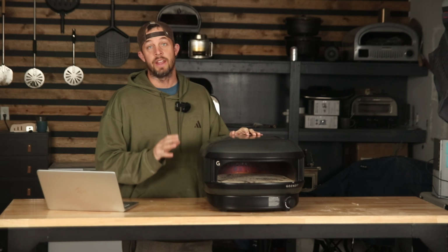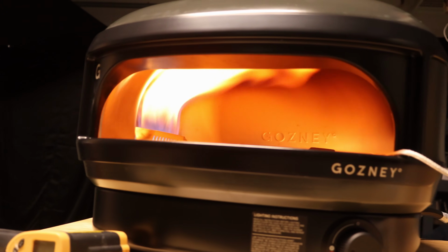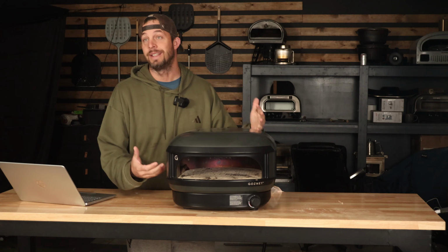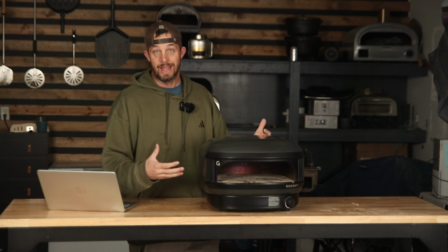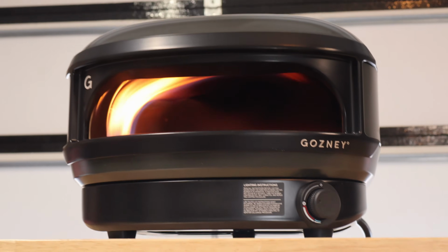Today we're taking a look at the brand new Gozney Arc Light. This is the newest addition to the Arc family. We've got the Arc XL, the Arc, and now the Arc Light. My impression with the name Light means it is lighter, but also I think it's lighter on some of the